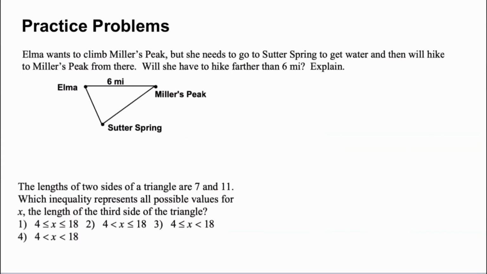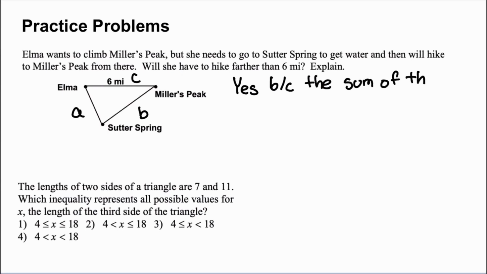So I'm going to let you again read the question. It's about the scenario with Elma wanting to take a specific path and wanting to know if she will have to hike farther than 6 miles. So this is a triangle, and again, we can label these side lengths with A, B, and C, with C being our greatest. And because we know that A plus B has to be greater than C, and if she's taking this path right here, she is going to have to travel more than 6 miles because of the triangle inequality theorem. So just making a quick explanation, we're going to say yes, because the sum